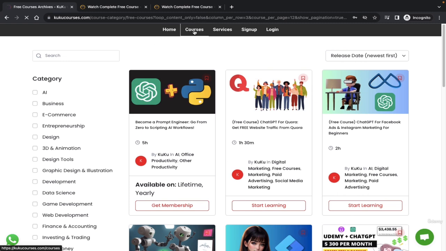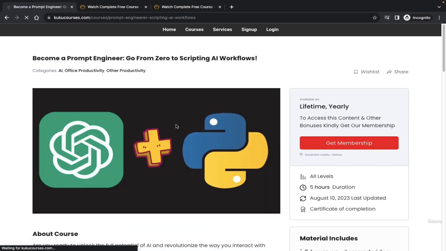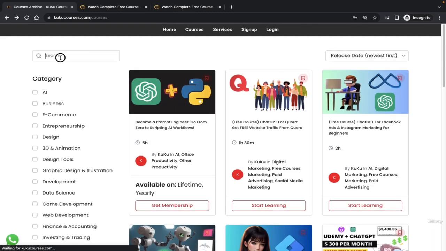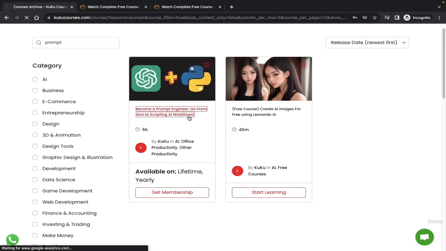Go to the courses tab, and here you can see, my friends, we have also created a complete 5 hours course: beginner to prompt engineer, go from zero to scripting AI workflows. If you don't see this course, you can search for prompt or something like this and you will see this course over here.